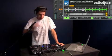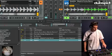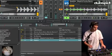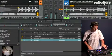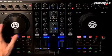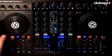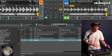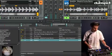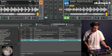Okay. Now I'm going to play another track. Now I'm going to actually click on the number 1. This will actually jump to cue point number 1, which is right at the beginning of the track. Now that the track's playing, I can use the side of the jog wheel to adjust. So I'll let you hear how that sounds. So that track is off, it's train wrecking. I can adjust the mix by just pushing on the side of this jog wheel